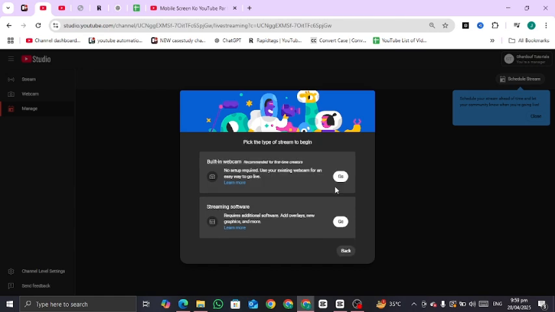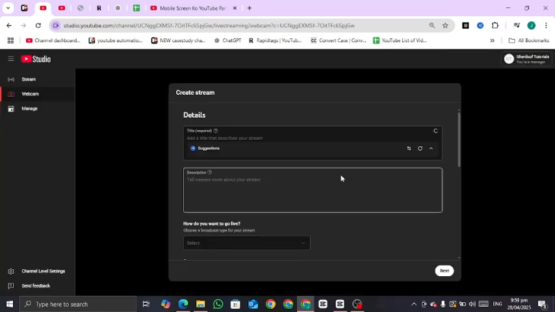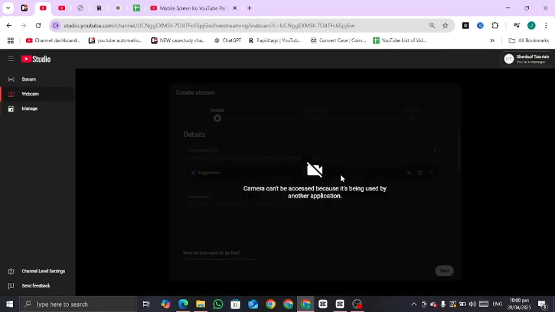So I am just selecting the ordinary settings with ordinary headphone and camera with no extended software. So just click on go, and on this interface, as you can see, due to some issue the video is not showing properly, but if you will see, first you have to put your title in the first box